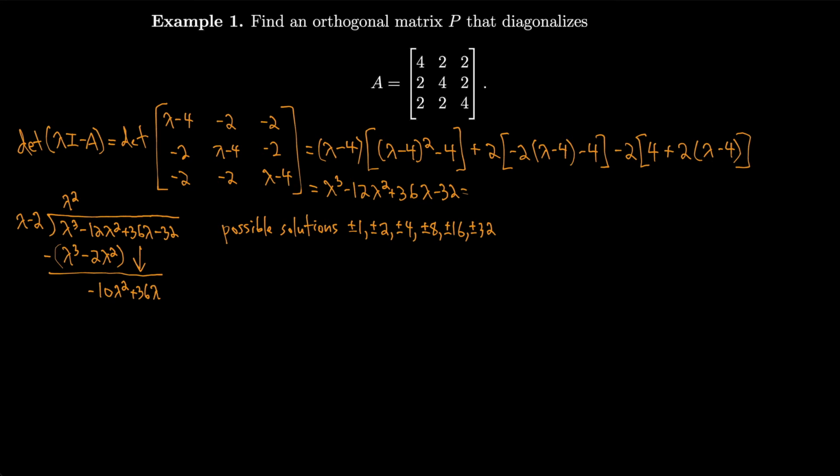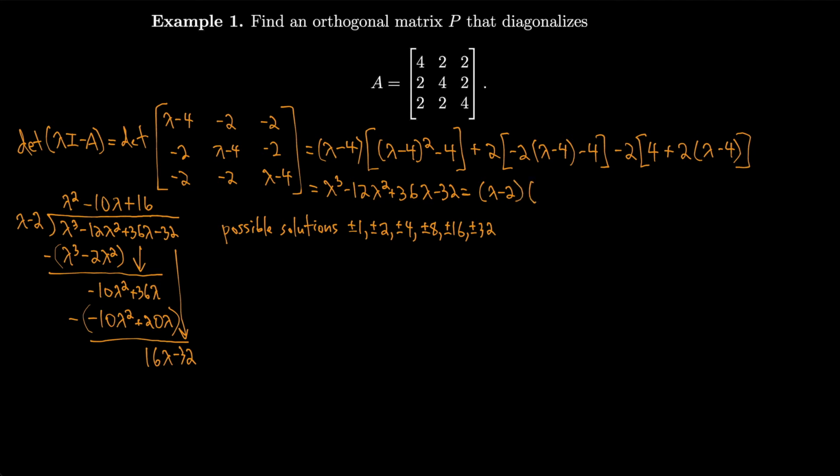And then we divide again. We get minus 10 lambda this time. That's how many times lambda fits in lambda squared now. So then we'll multiply again and get minus 10 lambda squared plus 20 lambda. And then subtract again, and we end up with 16 lambda, bring down 32, minus 32, and that will fit in 16 times exactly. Okay, so that means that my polynomial factors as lambda minus 2